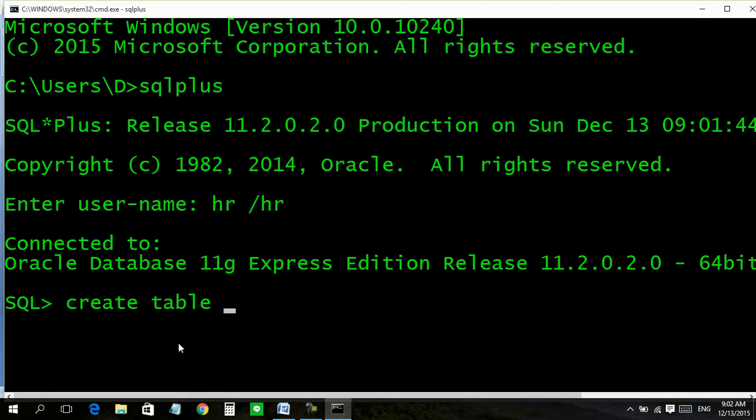We will take name student 001. It's a bit lengthy. Let us confine ourselves to stu or st only. Okay, then